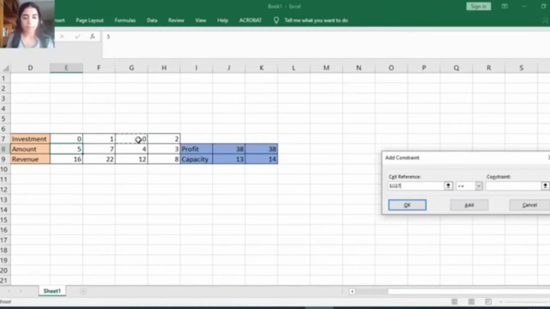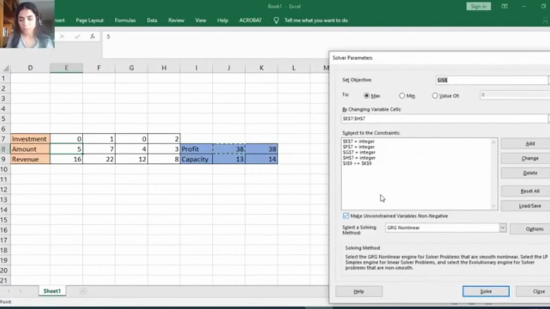Add, this should also be integer. Add, and this one should also be integer. All right, so I'm going to click on OK, and then make sure you are seeing all your constraints here. Then click on simple linear optimization, simplex. It is the simplex method, and then you have to click on solve,